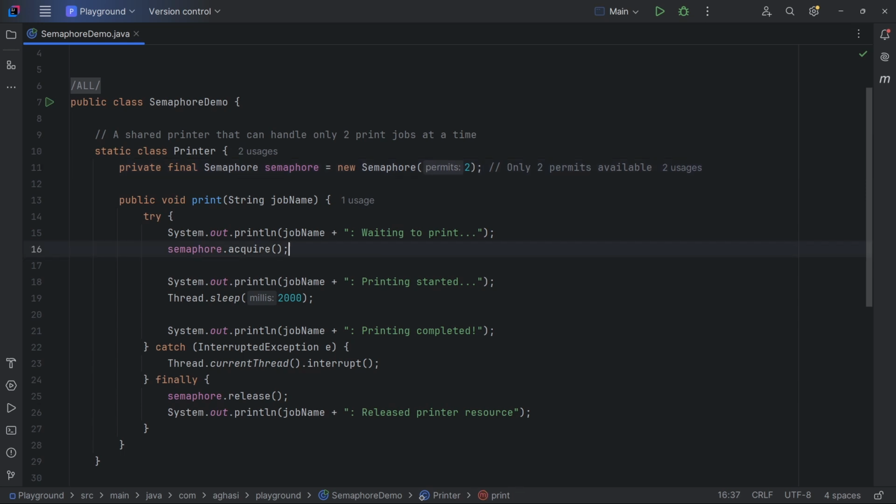Then inside the print method, we first try to acquire a permit using the acquire method. If no permits are available at this point, our thread blocks here until a permit becomes available. Otherwise, if any of the two permits are available, we quickly acquire it and move on. After acquiring the permit, we simulate the print job and at the end we release our permit.